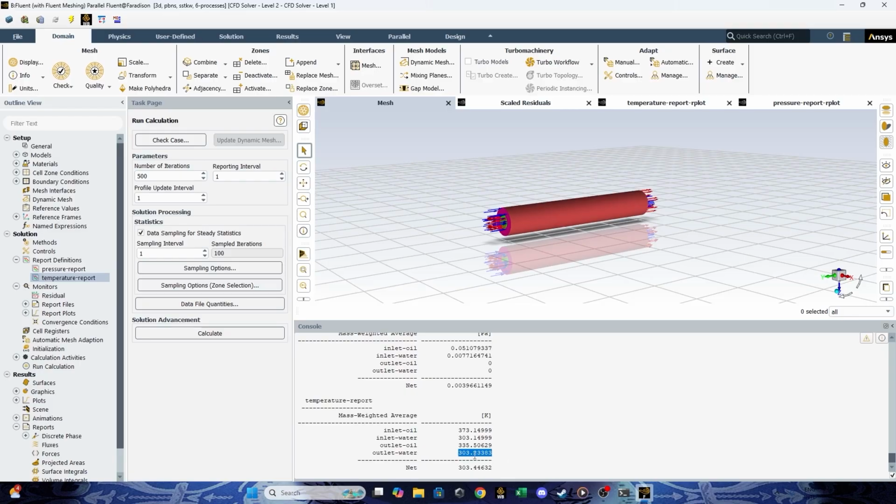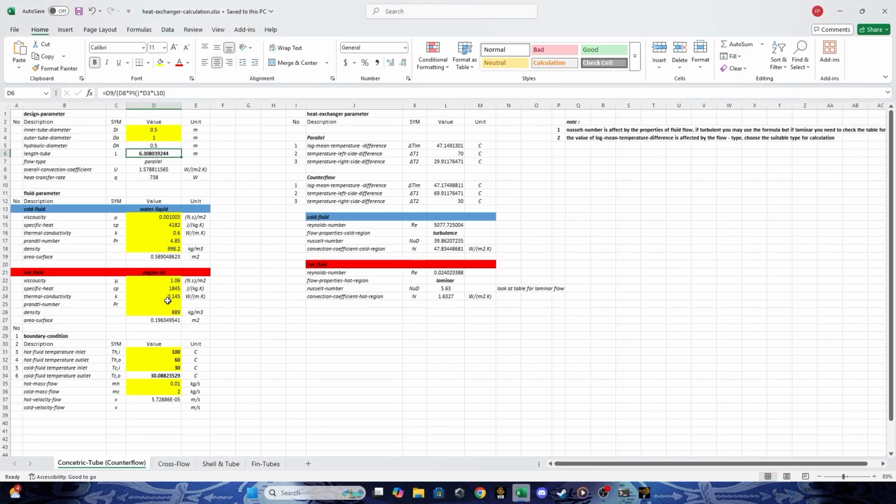That is increasing about 0.1. And when we take a look at our calculation here, based on the calculation, the hot fluid or the oil outlet temperature will be 60 degrees Celsius, and the water outlet temperature is 30 degrees Celsius. Yeah, maybe there's a little bit of difference, about 2 degrees Celsius, for the outlet temperature for oil.